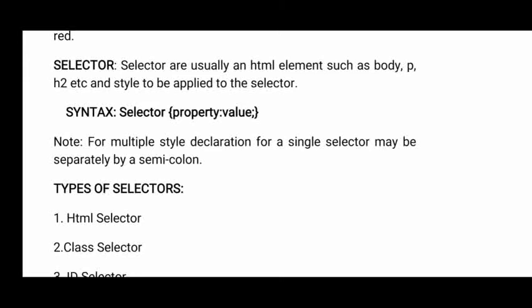Okay, when you are giving any property, any style, to an HTML element, whatever style information is there should be enclosed in curly braces. And whatever style you are giving, the style and the value should be separated by a colon, and the value should end with a semicolon. Even if you miss a semicolon or a colon, that property won't be applied to your HTML.